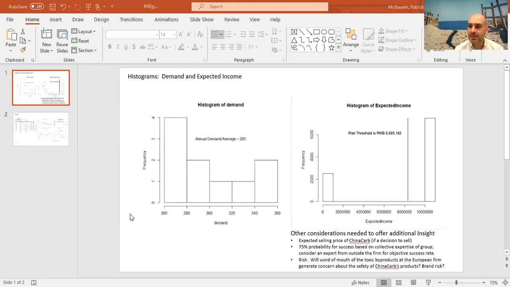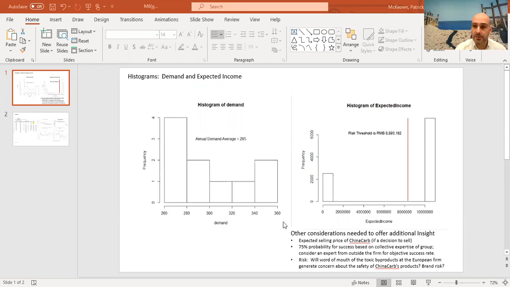The issue that came up is that the European supplier can no longer produce supply, given that their product is toxic. So the firm at China Carb has two decisions to make. One, they can choose to purchase the technology from the firm and set up their own plant, but that carries a 25% failure rate. Or two, sell the firm to investors. For this decision, they need insight into the expected payoffs.